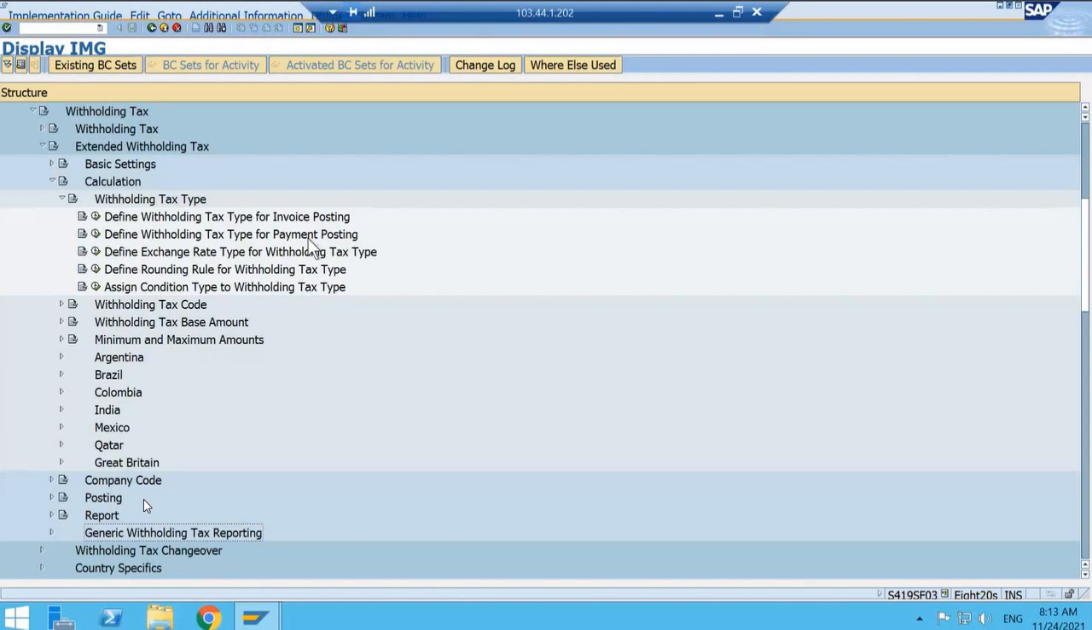So in that case, we'll use the withholding tax type for payment postings. But if it's a regular transaction, we'll be using the withholding tax type for invoice posting. So initially we are doing only invoice posting. Once we are comfortable with invoice posting, we'll also see the withholding tax type for payment posting, how we can define it. So initially we are only covering withholding tax type for invoice posting. Yesterday we defined the withholding tax type,